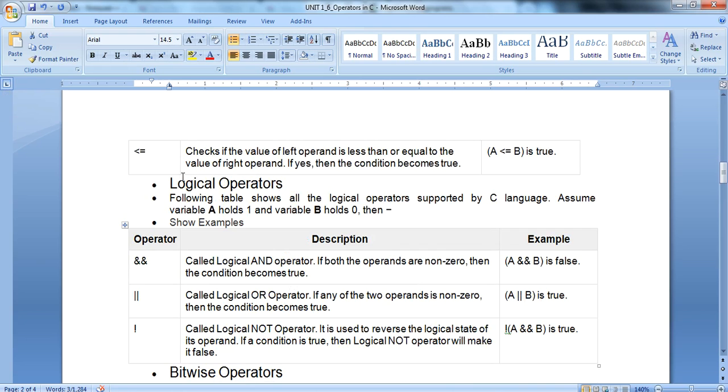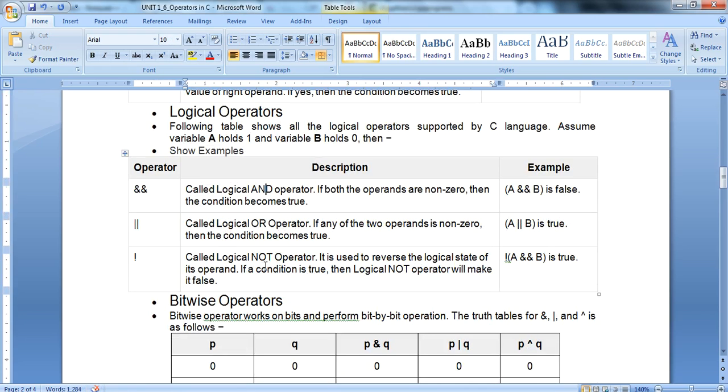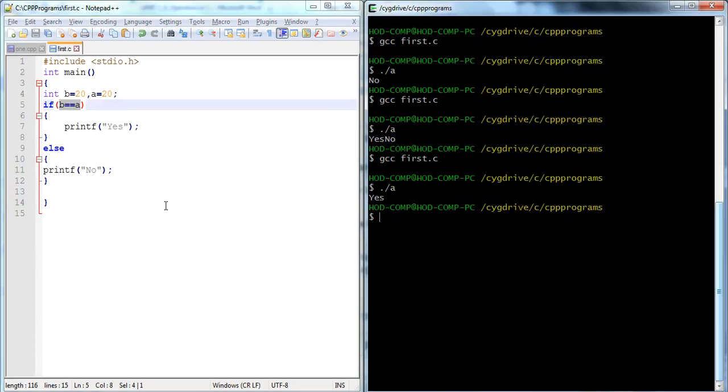Now the next operator is the logical operator. That is simply A and B, A or B, not A and B. These are the logical operators. We will go with a simple example with an operator here, like and.